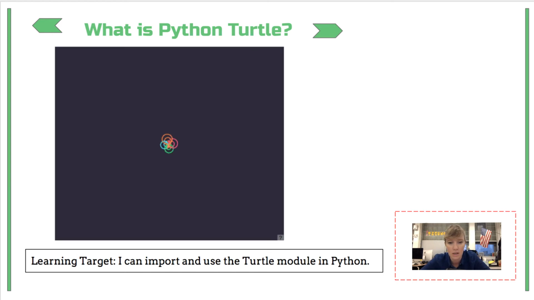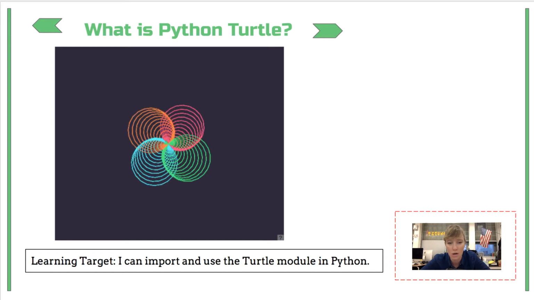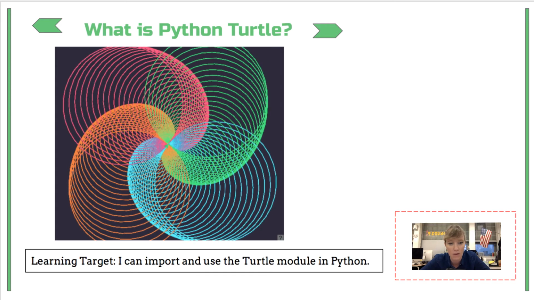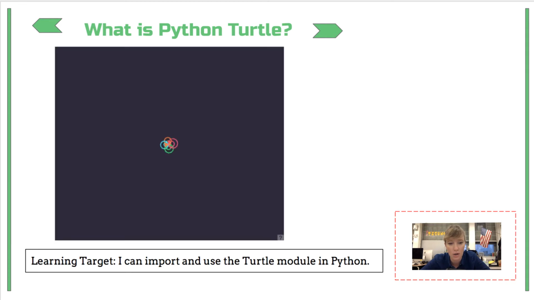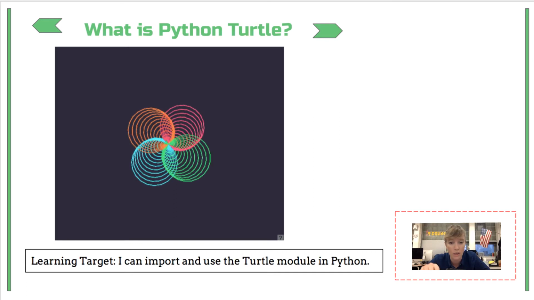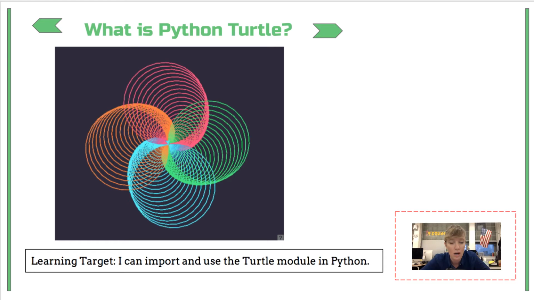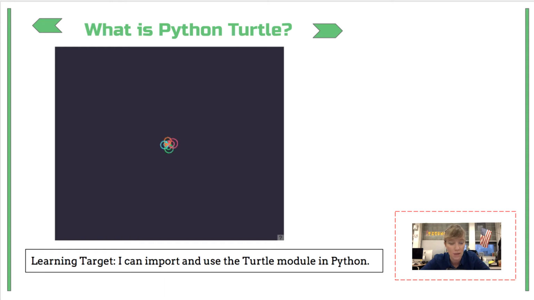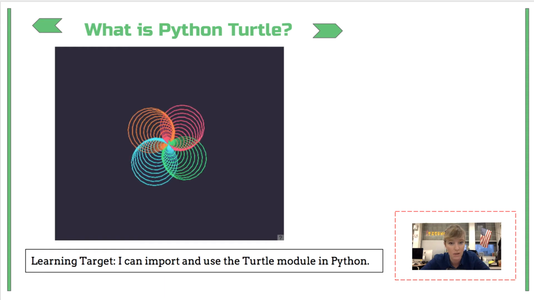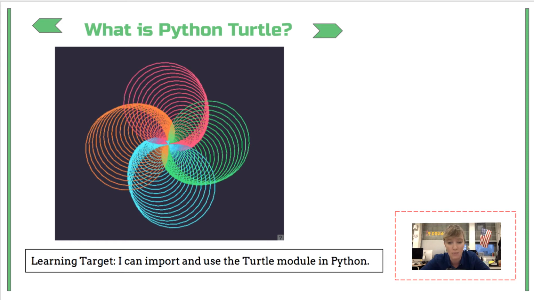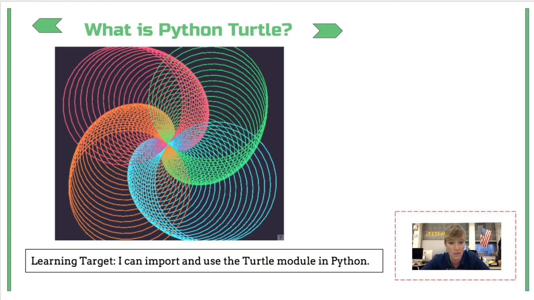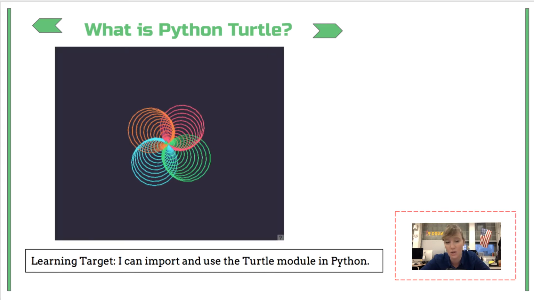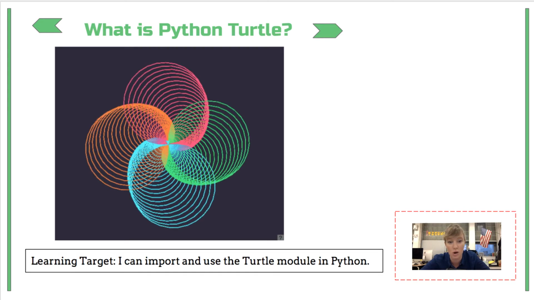It creates a canvas that allows you to draw by creating colored pixels across the canvas. In this example, we have a program that's drawing bigger and bigger circles outwardly and changing the colors as it goes through to create a sort of animation that will clear itself and then reset and start drawing again. So this is an example of what the Turtle module can do, again, by using colored pixels to draw on a canvas. Okay, and the object that you're going to be directing your attention to is a little object called a turtle